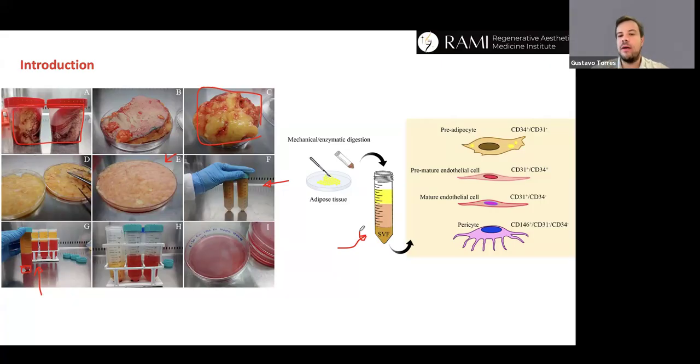In the bottom, we will have cells which are essentially endothelial cells, both mature and premature, and we also will have stem cells. So they are going to be either precursor cells or stem cells per se, adult stem cells